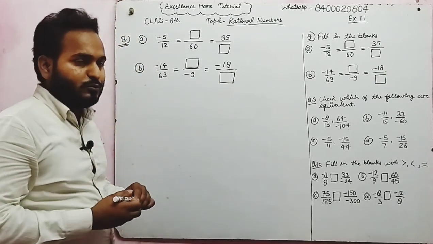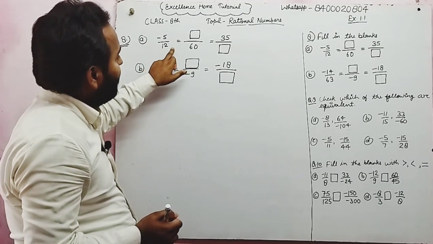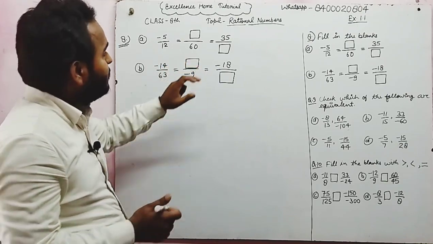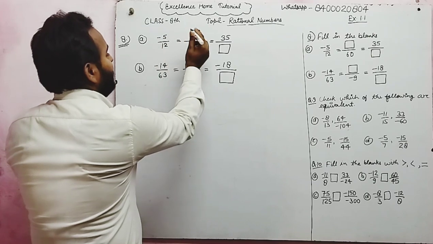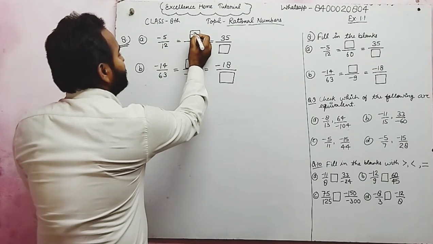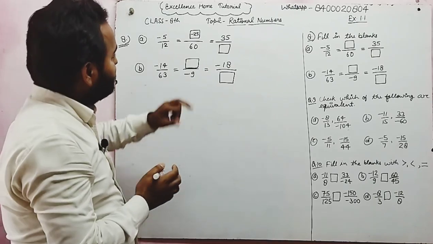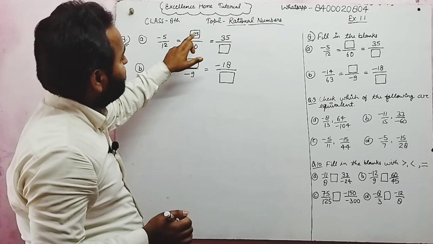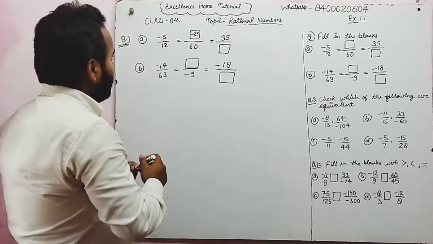Here we have to observe that 12 into 5 is 60. So we have to multiply the numerator, that means minus 5 into 5, which is minus 25, is filled in, because 12 times 5 is 60, so 5 times 5 is 25 and the minus sign is also written. And after that